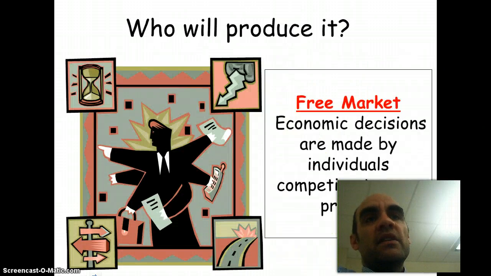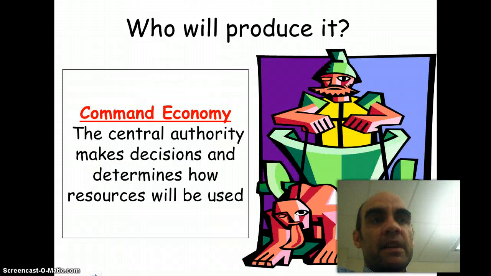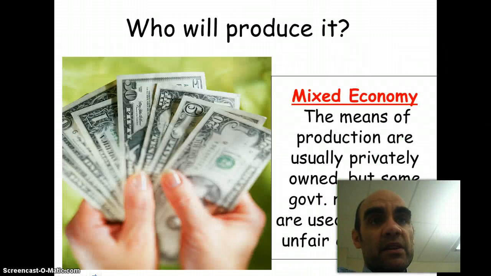Who will produce it? In a free market, economic decisions are made by individuals. People own companies to make money. So I'm going to determine, again, I'm going to be the one that produces it. In a command economy, again, the government produces it. The government makes all the decisions in a command economy. In a mixed economy,